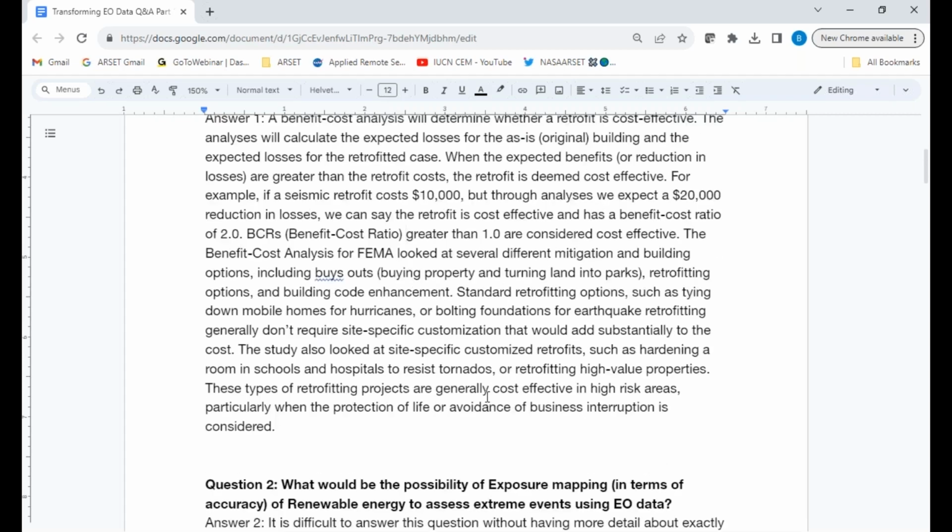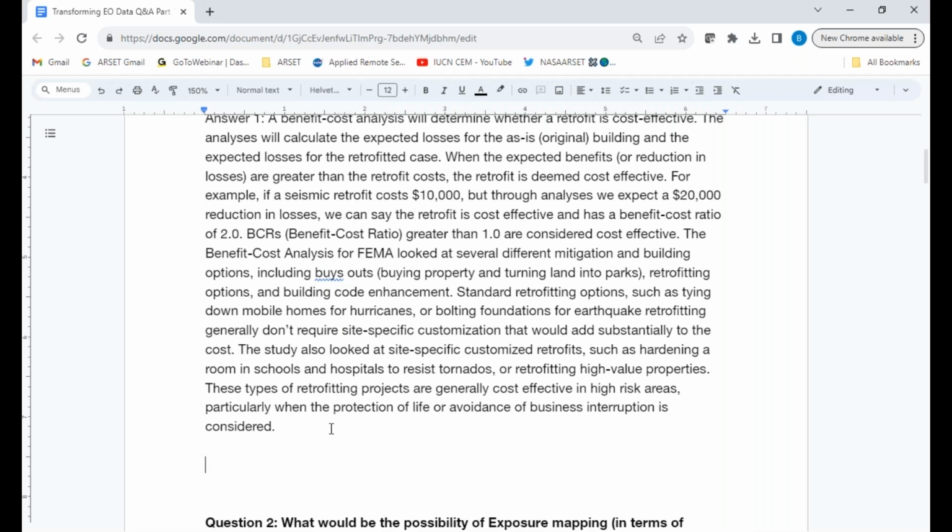Yeah, and I think embedded in the question is how can it really be cost effective if you have to do a lot of custom work? We don't just look at retrofits in that analysis. We look at the cost effectiveness of new building codes, the cost effectiveness of buyouts, actually removing homes from areas of high risk. But we also do sometimes look at specific types of retrofit, many of which will require